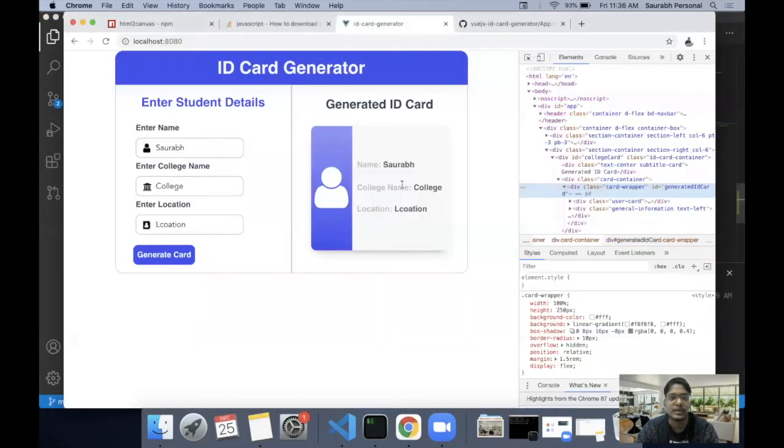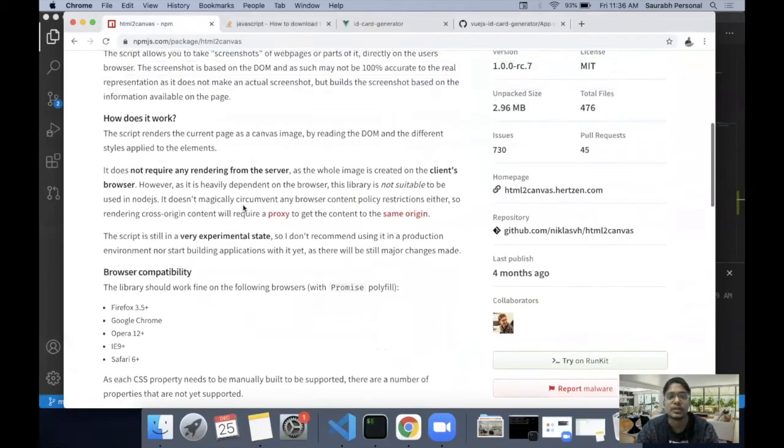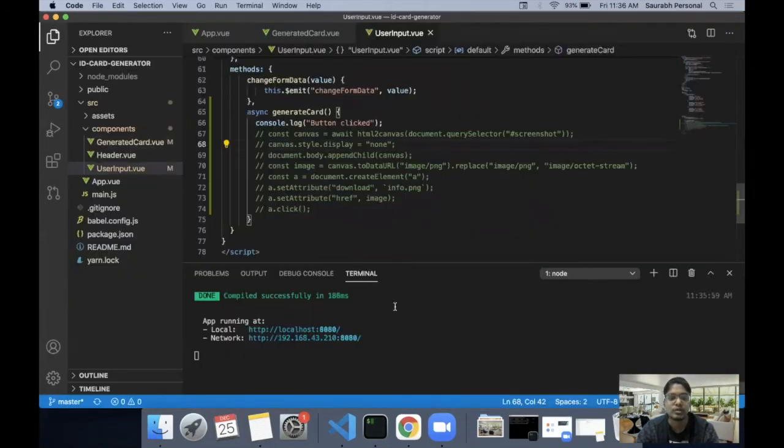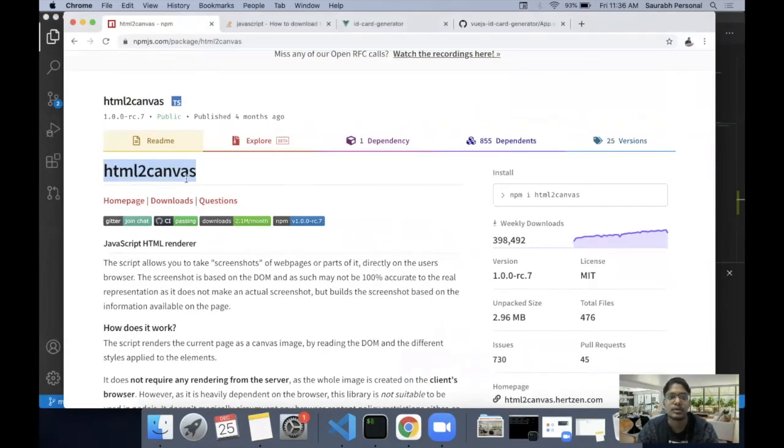Now, one thing about npm modules is if we want to use them, we need to first install them into our project. So the way to do that is to go for either yarn or npm package manager. I have one already installed. If you don't know about it, you can search for how yarn or npm package manager works. Basically what we do is run a command called yarn add and the package name which we want to install into our project.